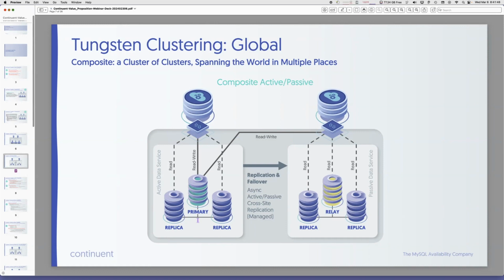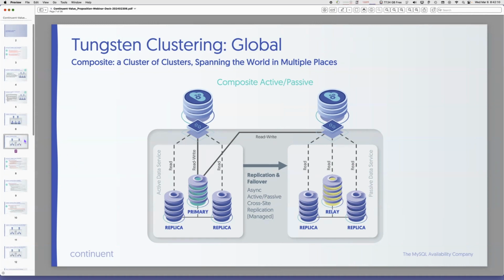So when we talk about switching or failing over the role of the primary, we're talking about moving this write role to this cluster, and then this primary will become a relay in place. So we have other topologies